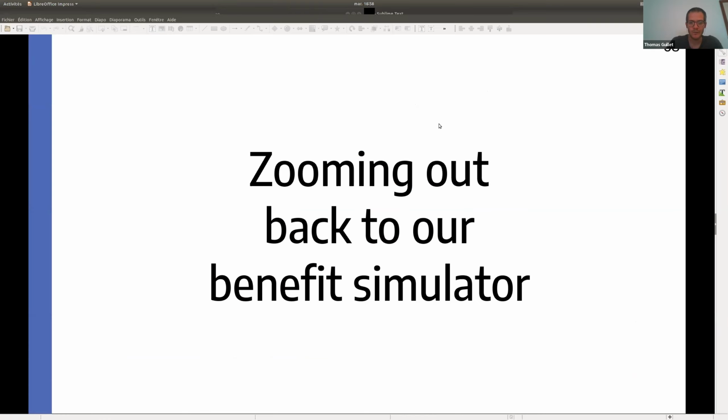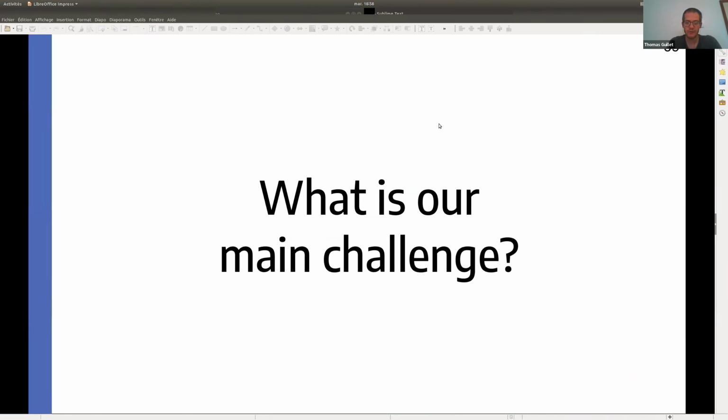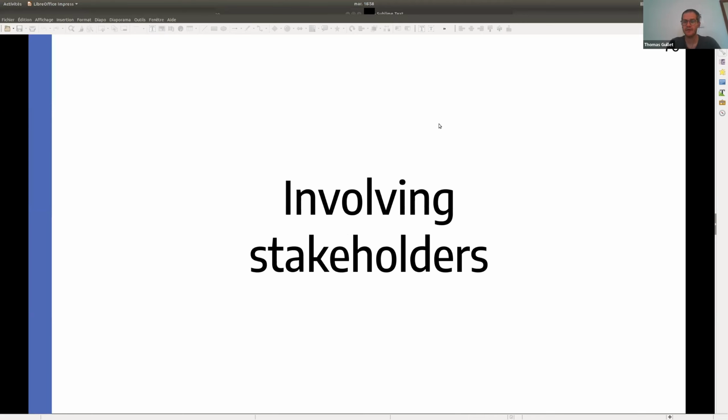So that was an overview of Open Fisca, but I also wanted to focus on what we do with the front side of the simulator. And to show you a bit of the work we keep on doing right now, I wanted to focus on the challenge we have and the subject we're trying to tackle. So the key challenge we have is involving stakeholders, because at beta.gouv.fr we've got small teams. Most of the products are built and managed by small teams, and we've got a lot of autonomy, but we need to be linked and to be in interaction with the stakeholders.